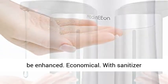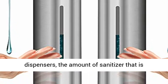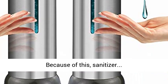Economical. With sanitizer dispensers, the amount of sanitizer that is dispensed is the same every time, unlike manually operated types, where there is no uniformity. Because of this, sanitizer